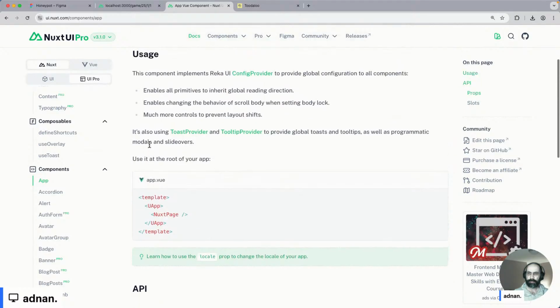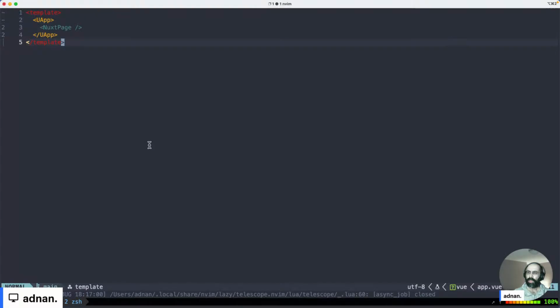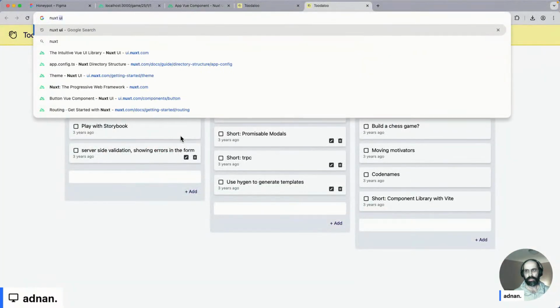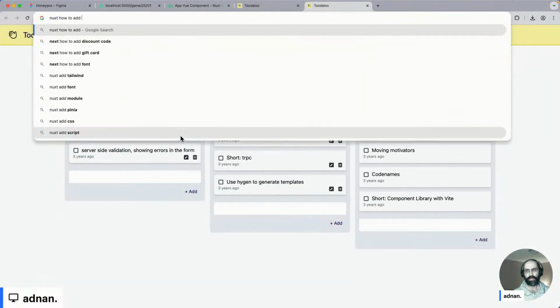So I'm not seeing anything in particular here that indicates any of that. Can I just do a div? The other thing I need to do is maybe try and see in Nuxt how to add